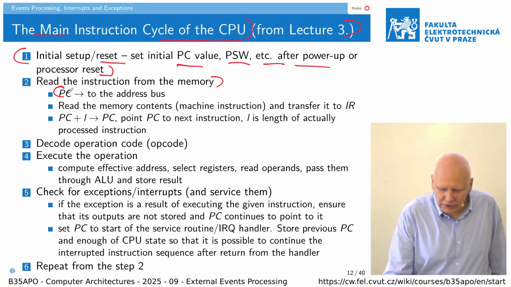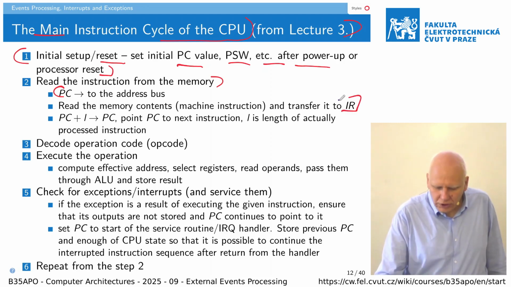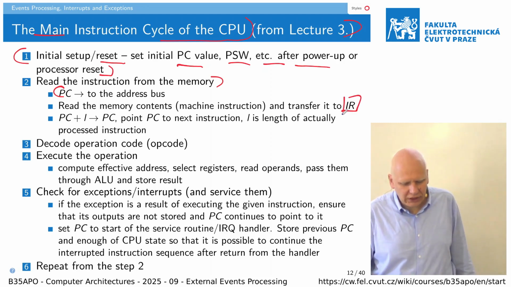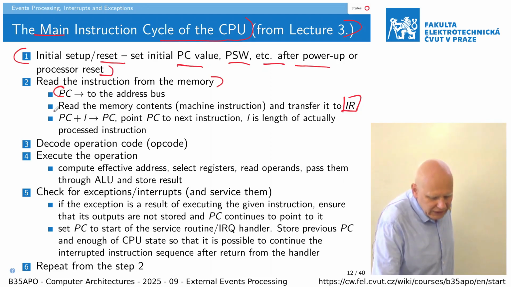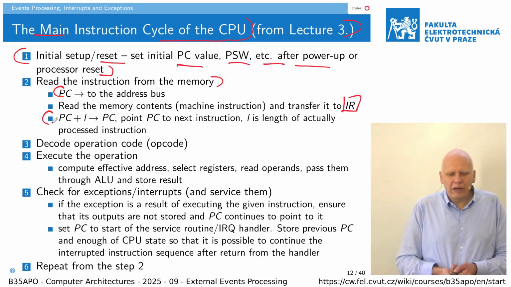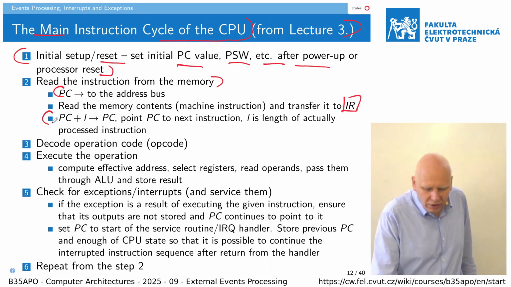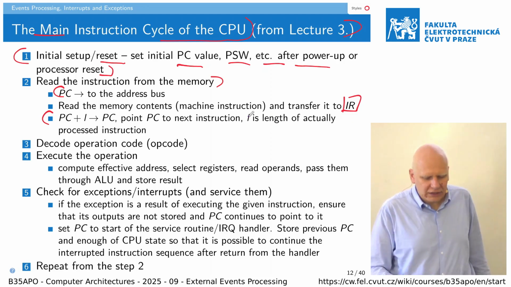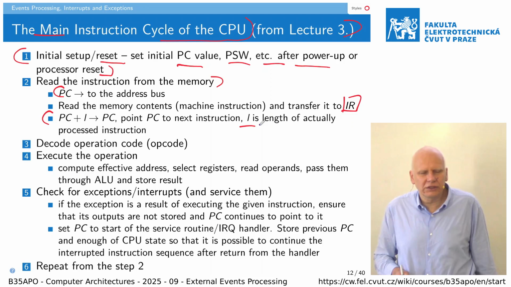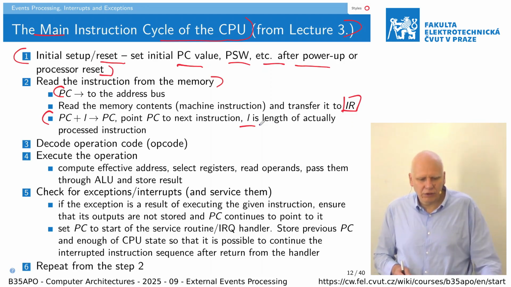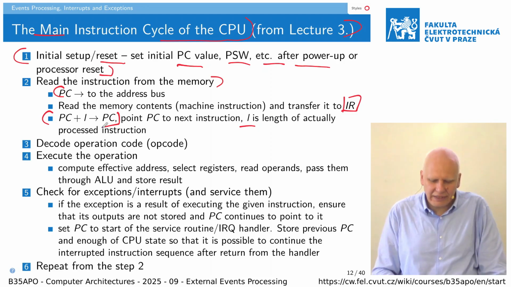The value is read from that location, the code, to the instruction register, and it can be decoded and so on. Then we need to move a program counter, advance it to the next instruction. If all instructions have a fixed length, then it is easy. If we need to know the length of the instruction, it gets a little more complex. But anyway, we compute a next PC there, and